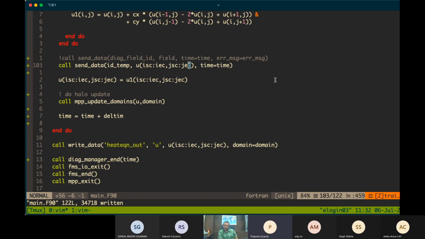So that's why we are sending the time information also, to cross check with the model time and what time frequency you want the data. It will check those things and do everything. Now it is more clear. Okay. So what we'll do, we'll compile this and check whether it is doing it properly or not.